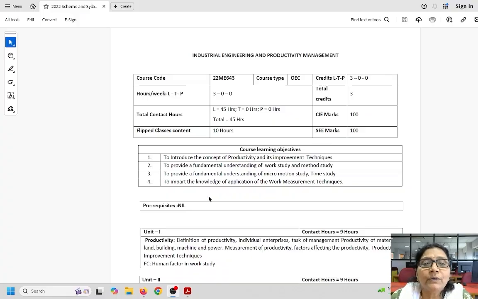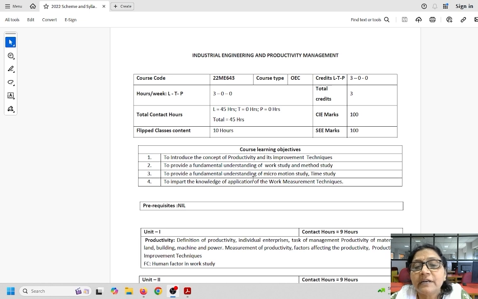Good morning, dear friends. Myself, Dr. Anupama Kallor from Mechanical Engineering Department. Today, I am going to give the introduction of Industrial Engineering and Productivity Management course. The course code is 22ME643. As you can see in the syllabus, total credits are 3, CIE 100 marks, SEE 100 marks. The course learning objectives of this subject are to introduce you all to the concept of productivity and its improvement techniques,